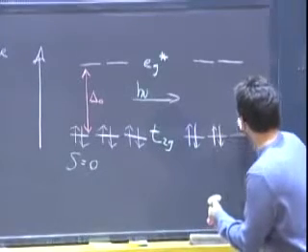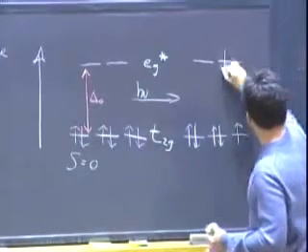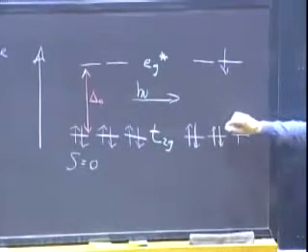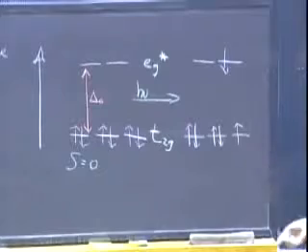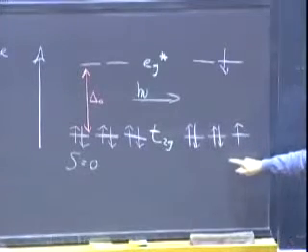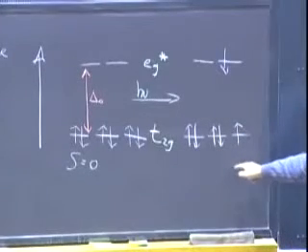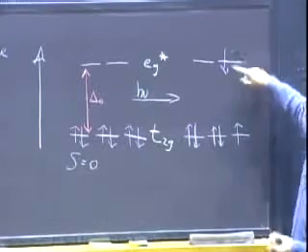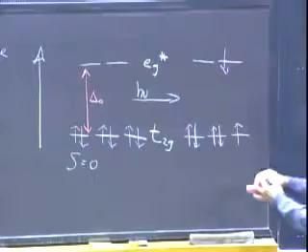In order to satisfy the spin selection rule, this excited state will have no net spin polarization. This one's S equals 0, this one's S equals 0, to satisfy the spin selection rule that we've talked about. But notice now, in the excited state,